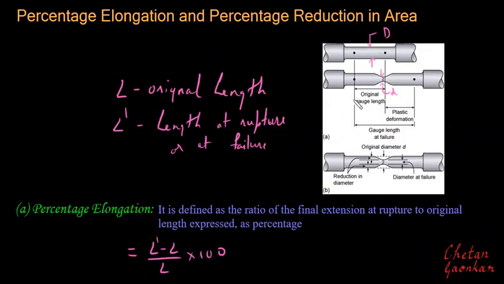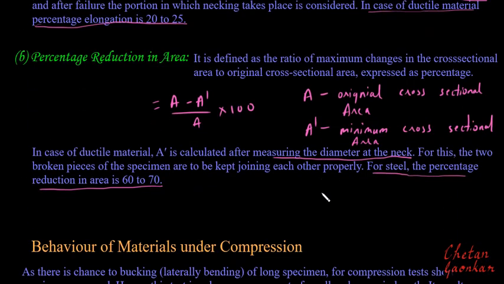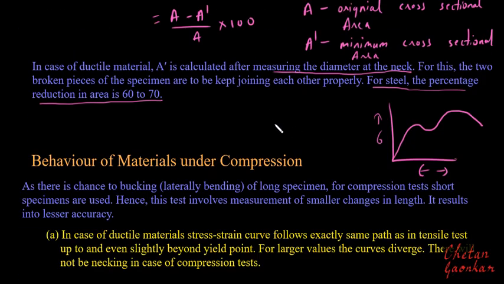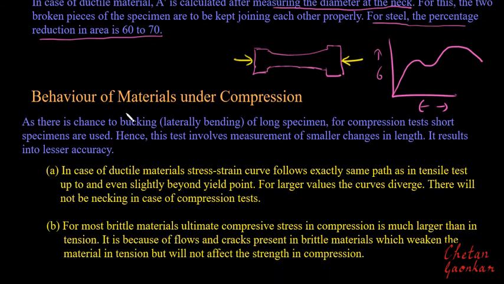Now, the earlier stress strain curve, which was plotted for a ductile material, was for when it was subjected to tensile loading, right? But what will happen if the specimen is subjected to, say, compressive loading? If this material is subjected to some kind of compressive loading, will it behave the same way as it was behaving when it was subjected to tensile loading? So for this we have to understand the behavior of the material under compression.